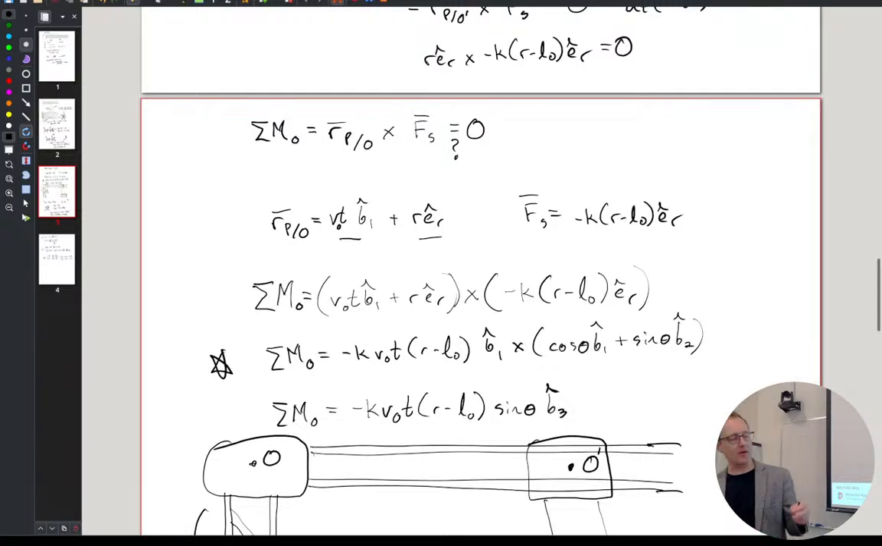Yeah, so when I was trying to do this cross product, it just brought everything that wasn't a unit vector outside and just looked at B1 crossed with B2. Oh, okay, so that R minus L naught is getting pulled out too. Yeah. Okay. Yeah, so all this, if we look at it, is like,